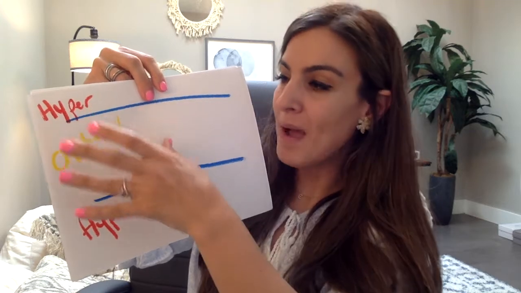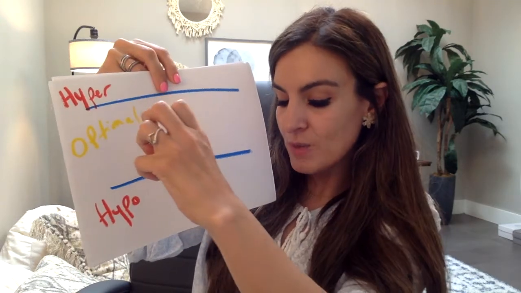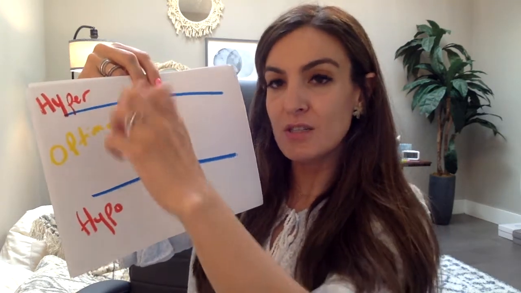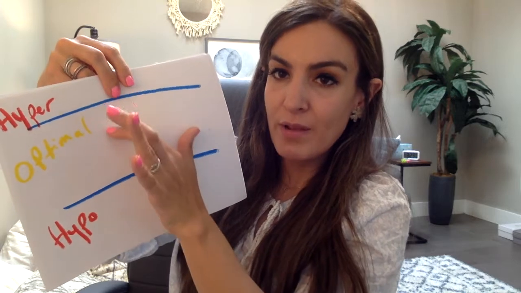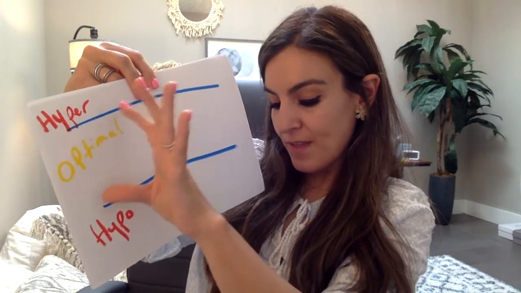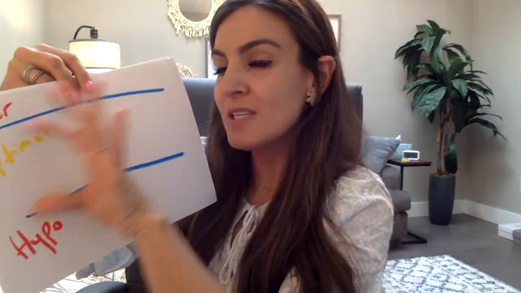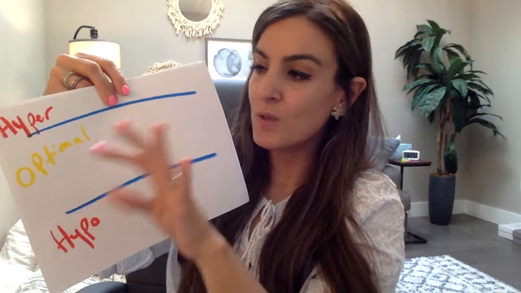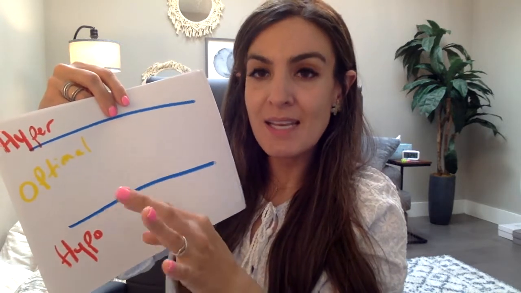Optimal arousal is right here. Optimal arousal is where you have a balance, right? Where your feelings and your reactions are tolerable. So even if I have big feelings, or even if I feel a little anxious, I go up here, but I could come back down and I could regulate, right? I could regulate myself, or I could go down and feel a little depressed, but I could come back up, right? So you're thinking and feeling at the same time, and your reactions adapt to fit whatever's going on. So like my child says, "Mom," and I say, "Yes, honey," or a friend says, "Hey, I won't be able to go out tonight for dinner," and I say, "I'm so sad, but I understand," right?